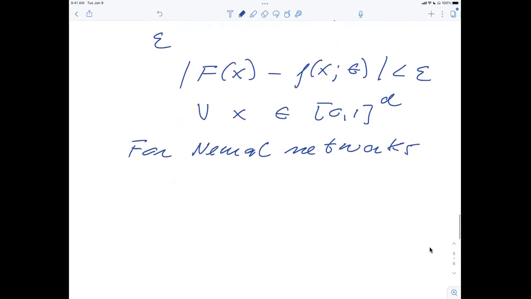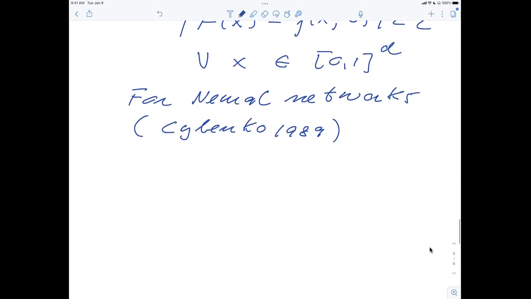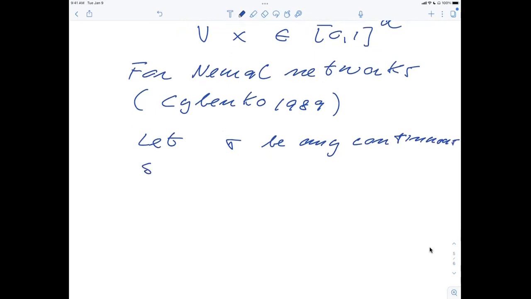What we have then, so this is actually Cybenko, who published this paper back in 1989. So you can have a sigmoid function, for instance, and this was later generalized to other types of activation functions. So let f, or let's change the notation a little bit here. Let sigma be any continuous sigmoidal function